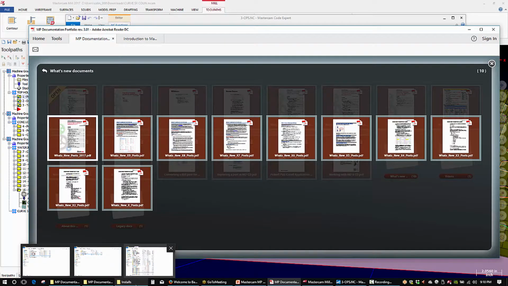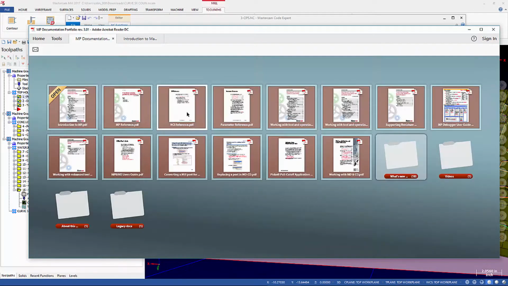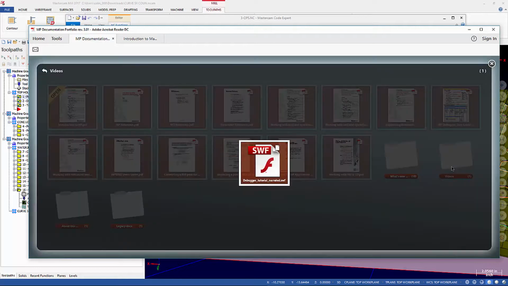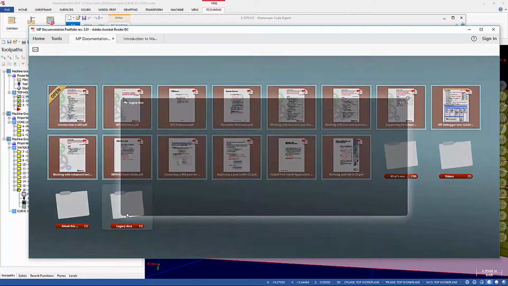Let's go back and look at the, real quick to wrap this up, videos. So there's a video in here, the debugger tutorial narrated, so it shows you about using the debugger. There's an about this portfolio section. And if you look in legacy docs,